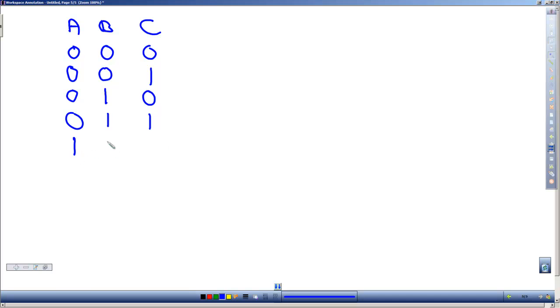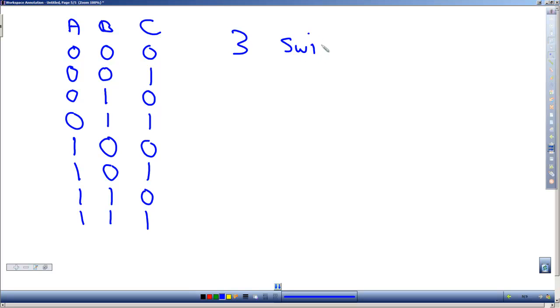What about then the A on, and the next 2 off? We could go through all of the possible combinations, and if we do, what we find is with 3 switches, we end up with 8 combinations,